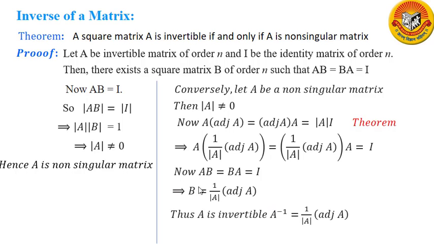Now B is what? When AB is equal to I, then B is inverse of A, that is B is A inverse, so I will say that A inverse is equal to 1 upon determinant of A into adjoint of A. So this is the formula which we are going to use to find inverse of a matrix. Now in the previous chapter you found inverse of a matrix using row transformation or column transformation. Now here we will find inverse of a matrix using adjoint, and we are going to use this formula. So here first we will check that determinant of A is not equal to 0, that is A is a non-singular matrix. If A is a singular matrix, then in that case inverse is not possible.